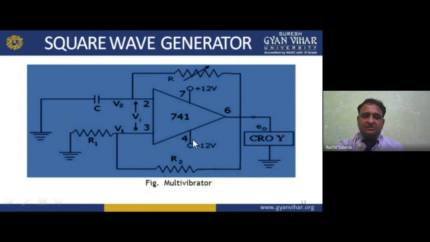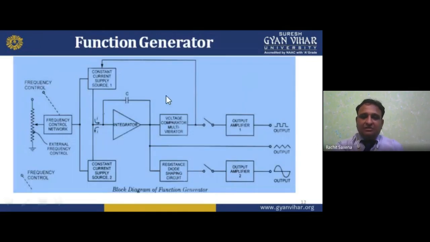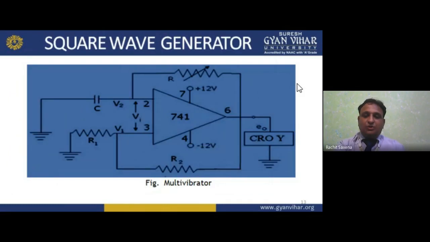This is the resistance R2, this is R1, this is already grounded, having a capacitor grounded, and we are using the variable resistance as output, the feedback mechanism we can say, and this is connected to the cathode ray oscilloscope. So this is similar to its block diagram. See here, I'm using this integrator output. We are using a voltage comparator or multiplier, and using an output amplifier. Through this, if I get the output, I'll get the output in square waveform. So here it is a simple diagram to understand how it is working.